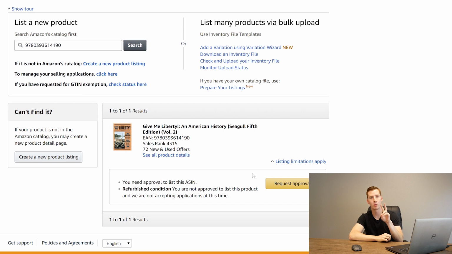Now, two things can happen when I click request approval. Number 1, it might auto-approve me for this product or book, whatever I'm trying to get approved for. That does happen sometimes. Number 2, which is the case with this book because I already double-checked, it's going to take you to another page and ask you to provide a verifiable receipt that you purchased this book from the publisher or distributor